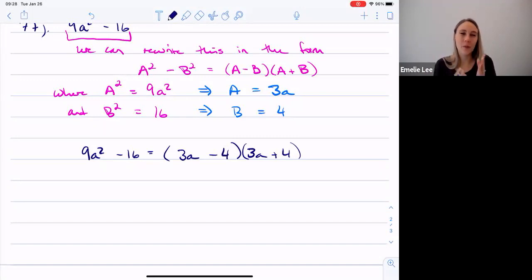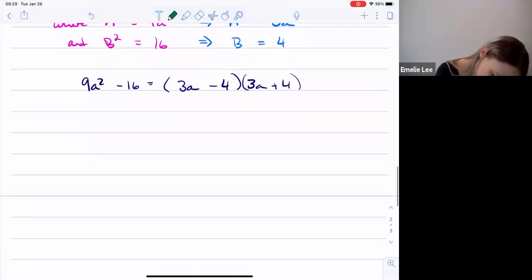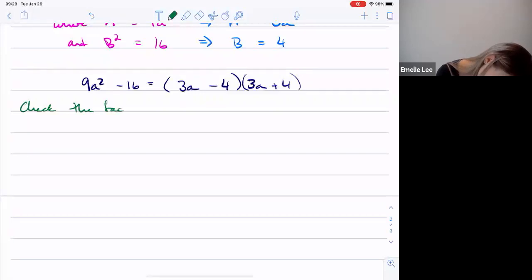So what I always do is just quickly expand things out just to make sure that it simplifies to where you started, right? And so here, check the factoring by expanding,